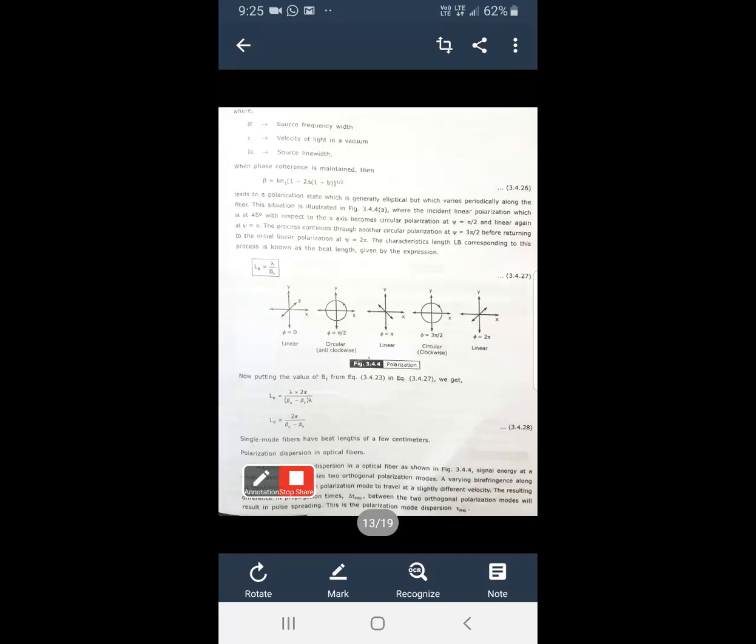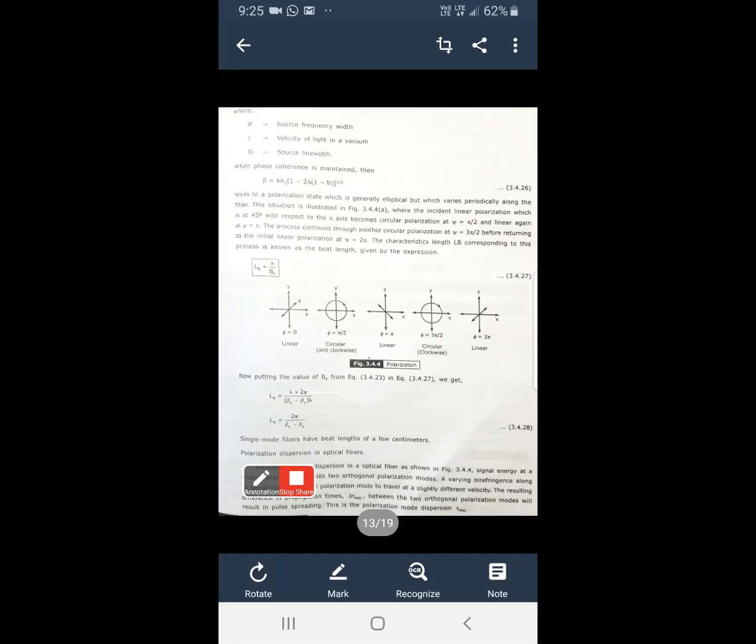So this condition leads to the polarization state, which is generally elliptical, which moves periodically along the fiber. This is shown in the representation of the diagram here. In the first one, the incident linear polarization is at 45 degrees with respect to the x-axis, then circular polarization